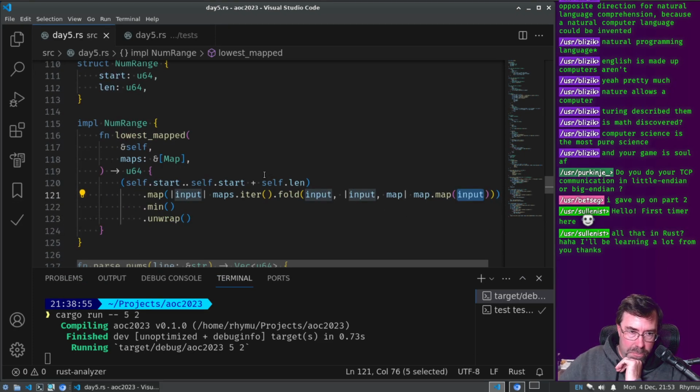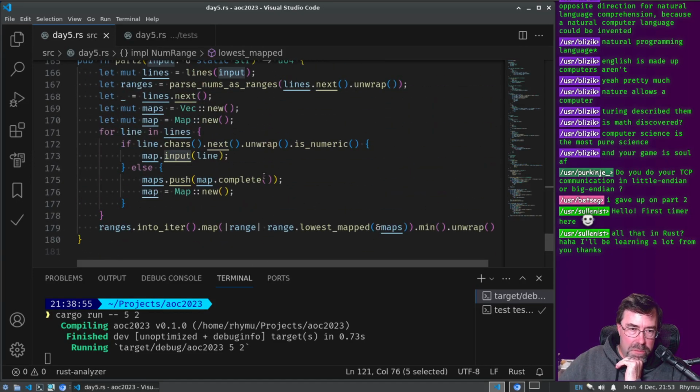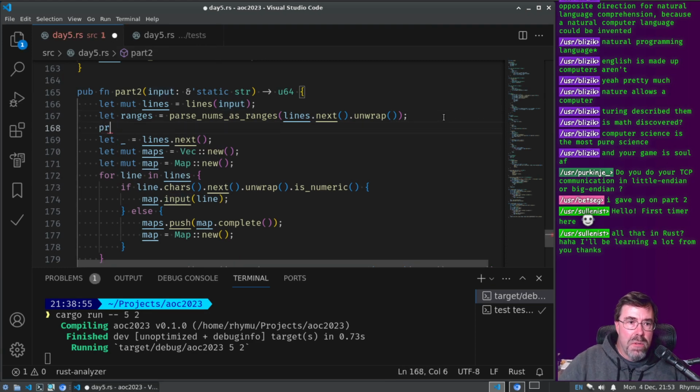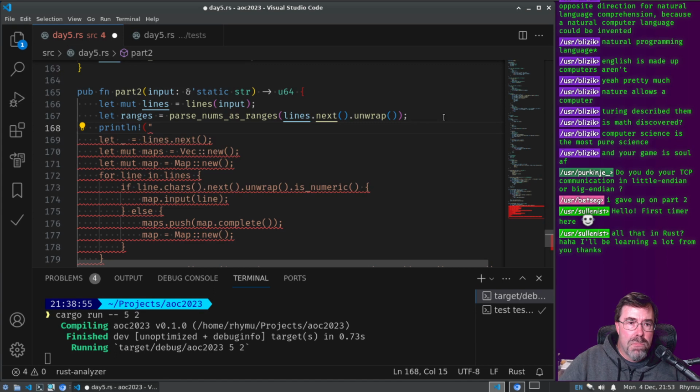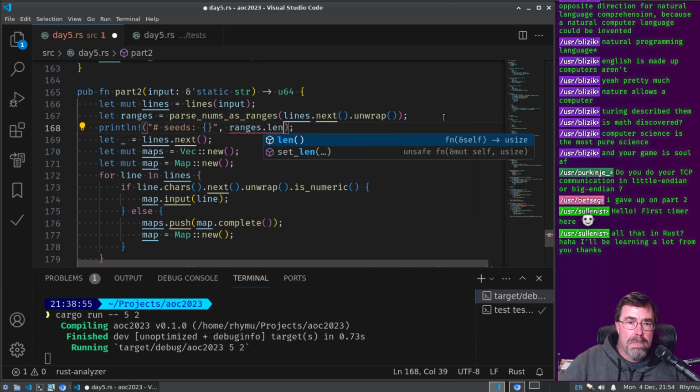So, what if every million inputs... well, let's just have it print stuff. Print line: number of ranges, number of seeds. Right, that'd be interesting to see. Ranges length.